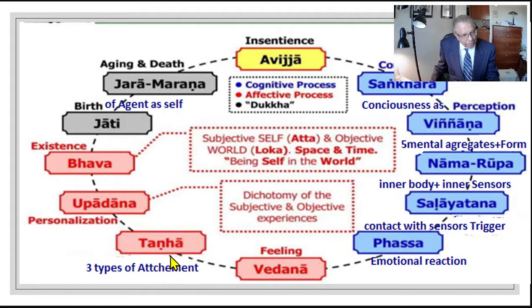What he says is this attachment is the one that creates the five interacting modules, the five components of the mind, creating modules to create a person to emerge. When these five things interact together and emerge as one, he says they emerge as an existence, a person or type of existence. In other words, a conscious agent emerges, a subjective self. He called it atta, and you see the objective world. You see space and time emerge. Being a self in the world emerges from this, and that is what bhava means.